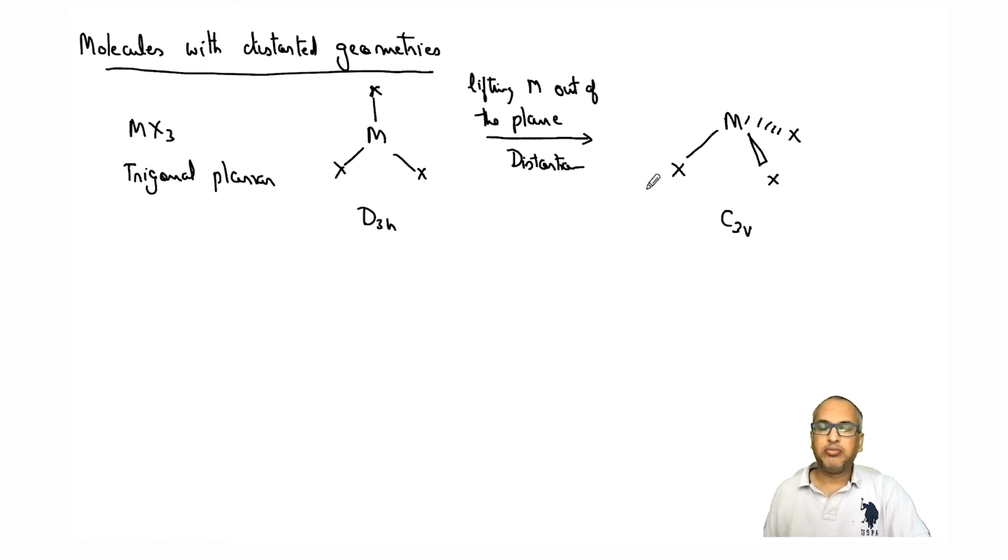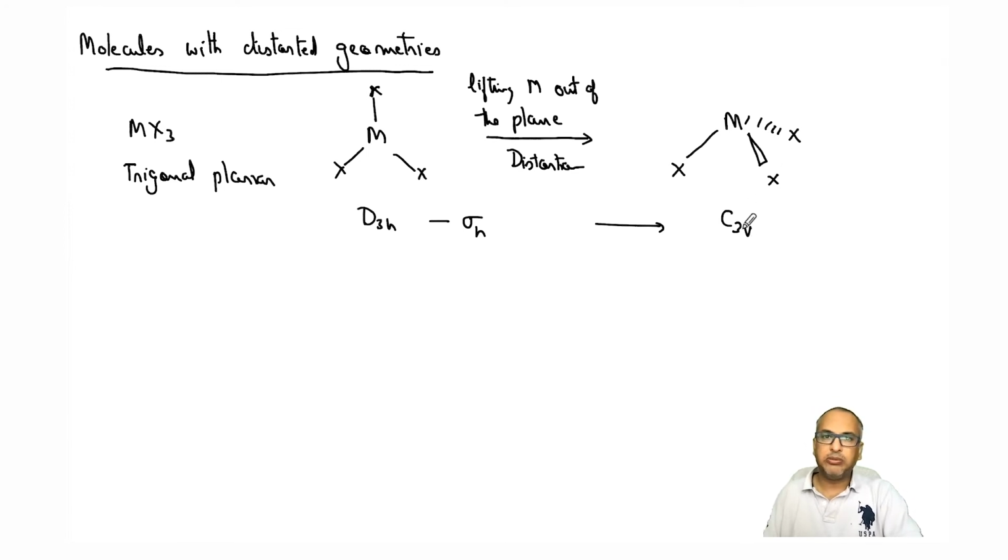Later on, we will see how these kinds of distortions are actually very, very important to understand. But today we are just focusing on how a particular distortion changes the point group, okay? So you went from D3h to C3v because you have basically killed sigma h in the process, right? So if I remove sigma h, I will get C3v. The rest of the planes and all other symmetry elements are still present, and it must follow the closure property of the group, which it does follow, right? So what you are left with is C3v.